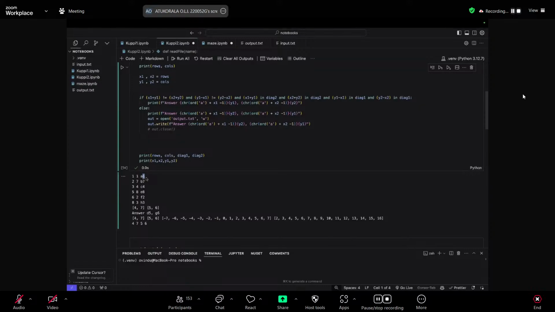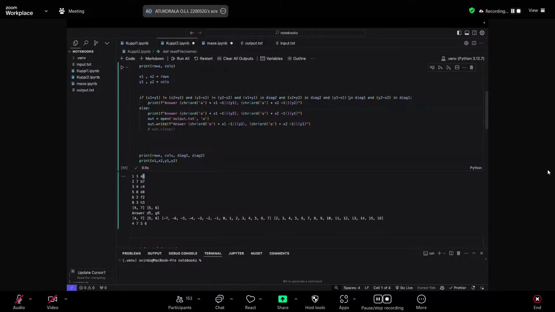So that wouldn't be that optimal, which is why I didn't approach it that way. What I did was I tried to cancel out all the rows and the columns, and that's what we did. But next, what I tried to do was to cancel out the diagonals as well, right? So that is what I tried to do here.